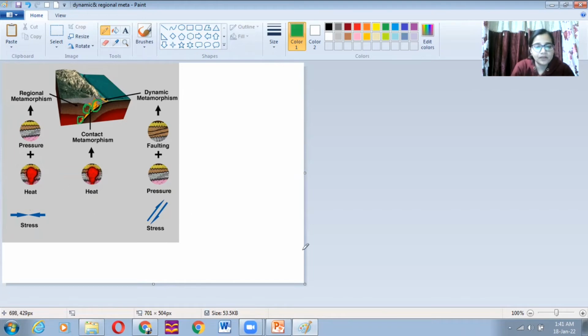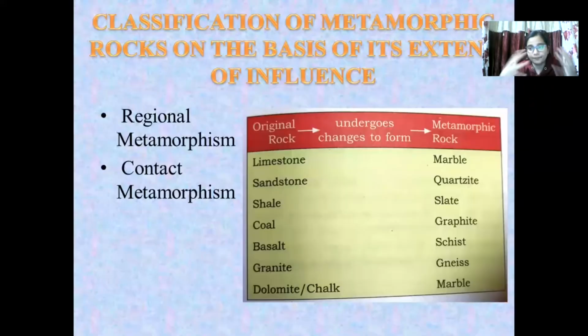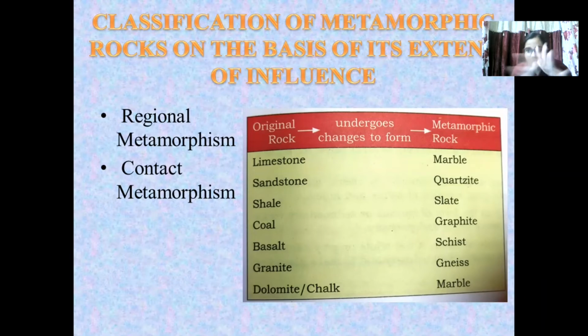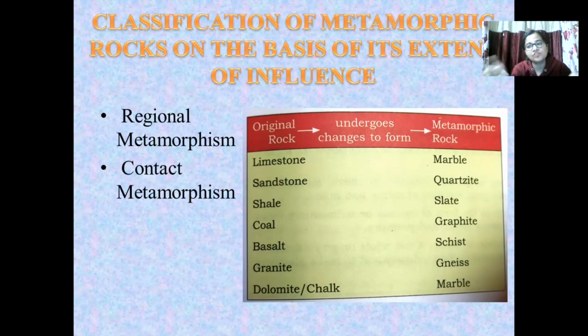ठीक है? Now you will come across another thing called the classification of metamorphic rocks on the basis of its extent of influence. मतलब वो मेटामॉर्फिज्म की वजह से कितना दूर रॉक्स ऑल्टर होता है, छोटे जगह पे ऑल्टर हो रहा है या फिर बड़े जगह पे ऑल्टर हो रहा है। तो अगर मैं बोल रही हूँ कि छोटे जगह पे ऑल्टर हो रहा है, मैं ऑब्वियसली बोल सकती हूँ कि फोर्स उतना ज्यादा नहीं है, लेकिन वो बड़े जगह पे अगर ऑल्टर होता है तो मैं जरूर बोल सकती हूँ कि उसका इन्फ्लुएंस बहुत ज्यादा है। तो व्हेन आई यूज टू वर्ड्स regional and contact metamorphism.